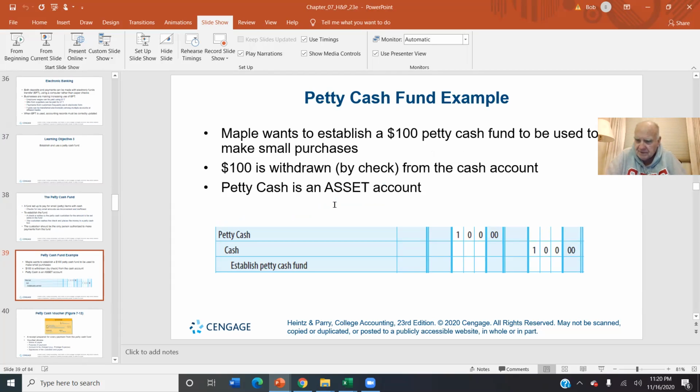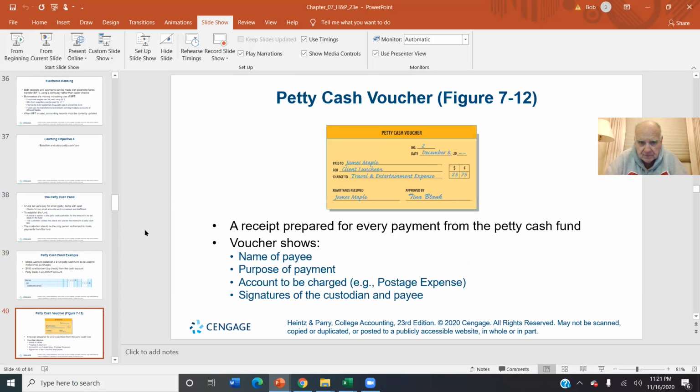To set up the petty cash fund, we debit a new cash account you're seeing for the first time called petty cash. Not too hard. You debit petty cash and you credit cash. When you look at your balance sheet after this, the first item you're going to see is cash, and the second item is going to be petty cash right below it. Okay? So that's your journal entry. And once you establish this petty cash threshold, which is now 100, as long as that stays at $100, you'll never touch petty cash again in terms of a journal entry, okay?